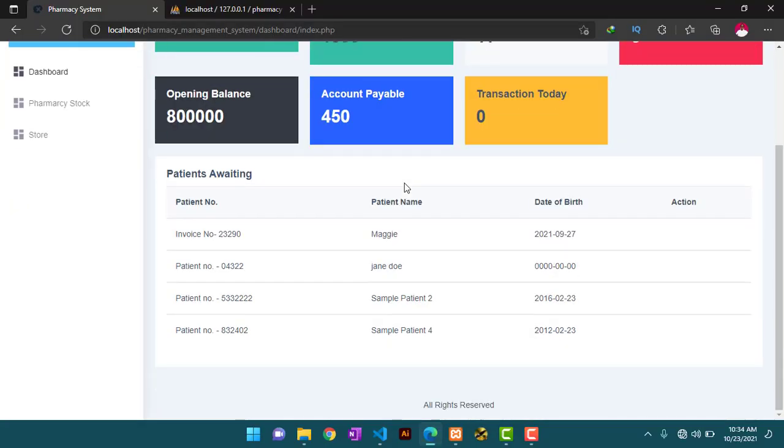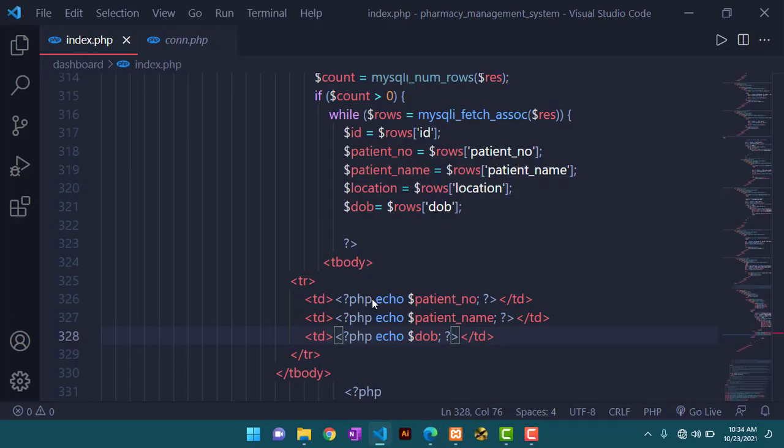So as you can now see, we have the date of birth appearing well. Now we want to have the action. This will be the button that a person will click to attend to this specific patient. To be able to do that, we are going to have yet another column here, the TD. So I'll duplicate that with Shift Alt arrow, and now here, instead of echoing, we are going to have